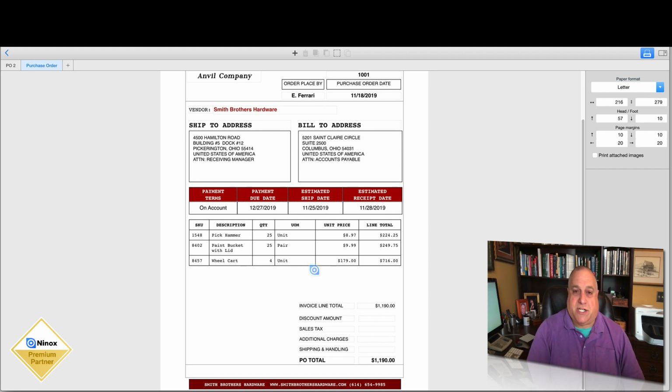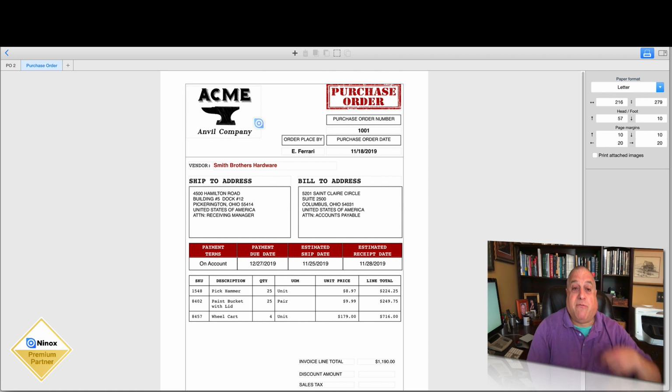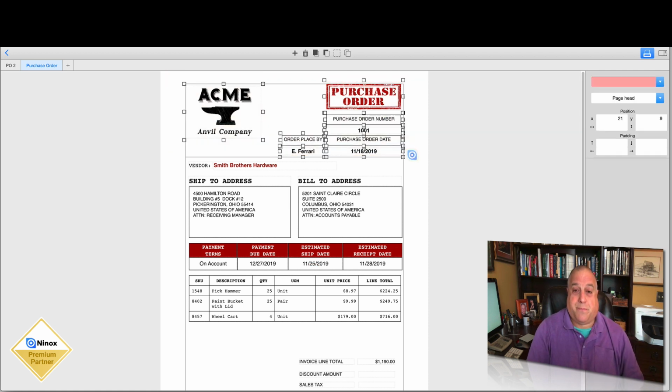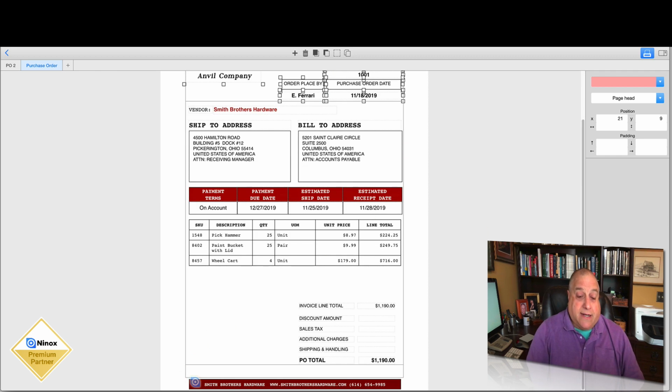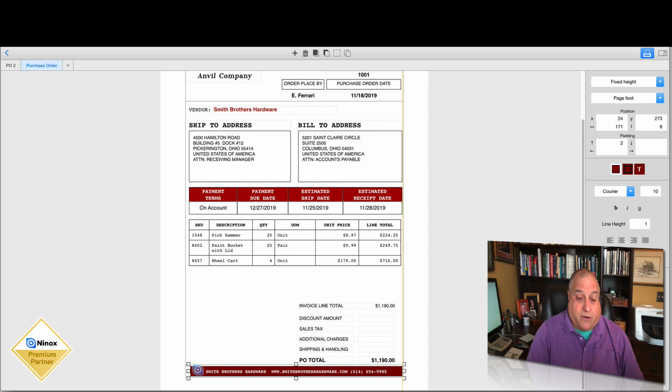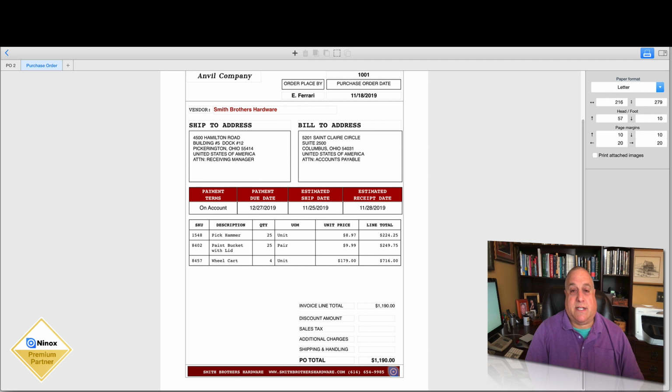kick out additional pages. Now keep in mind, everything you see up here, everything that I just highlighted and selected, will be at the top of every single page in a multi-page output. And this document has a footer that consists of a single object. This object is the name of the company, the website, and the phone number, white text on a burgundy background with a black border, and because it is in the footer section, this will be produced on every outputted page